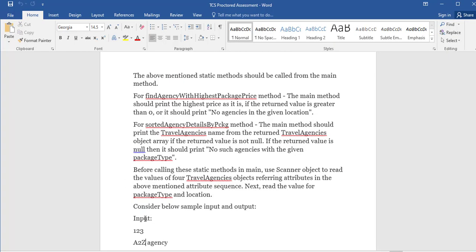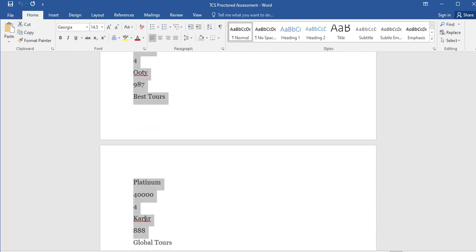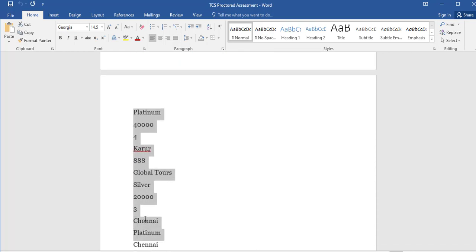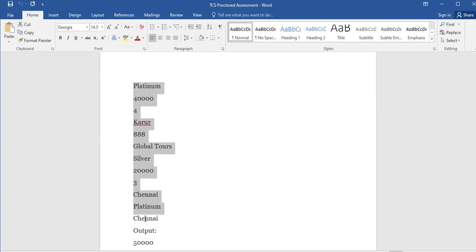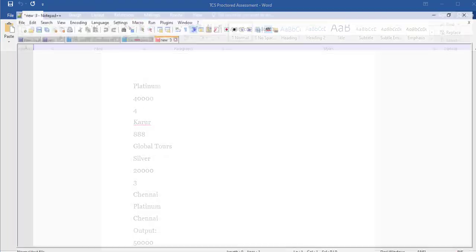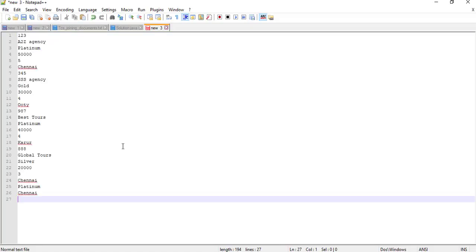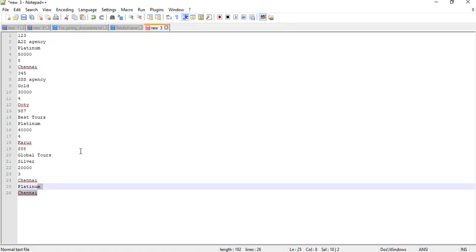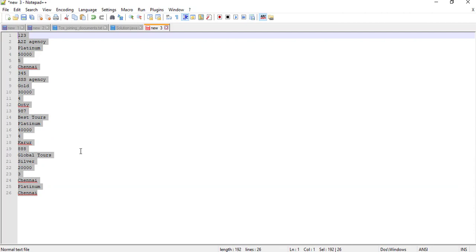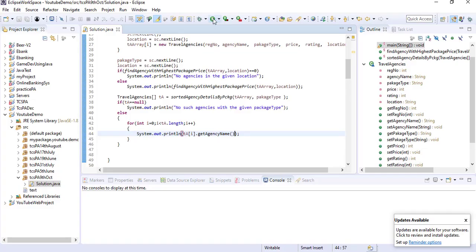So first let me execute this code. Okay, with this set of values, Chennai output. So first take the input and I am copying this, and here in notepad I am pasting these values. Now if you copy this input set from here and run this code,